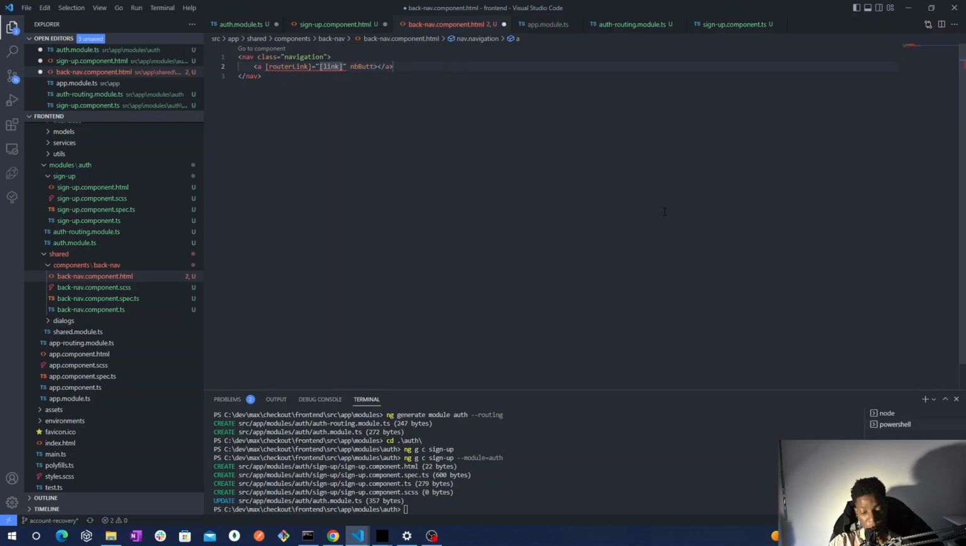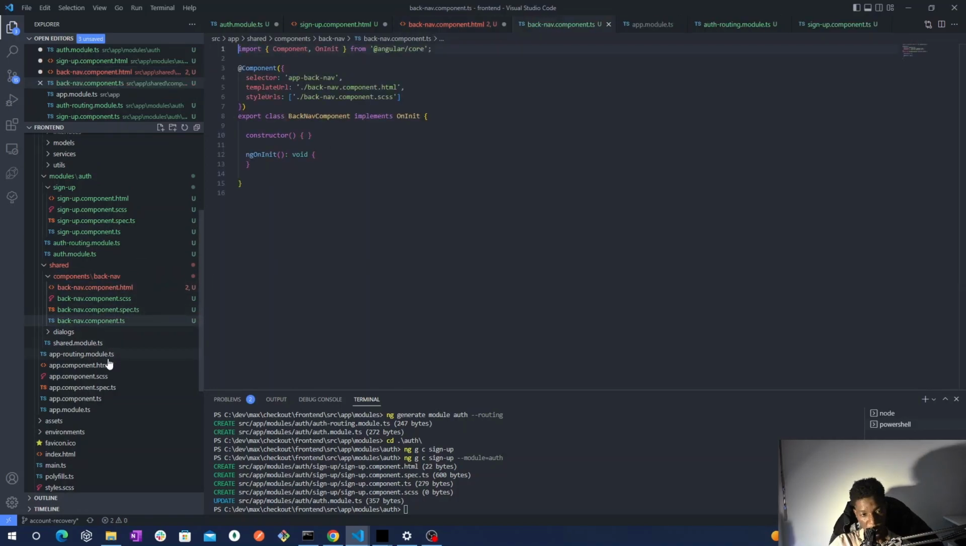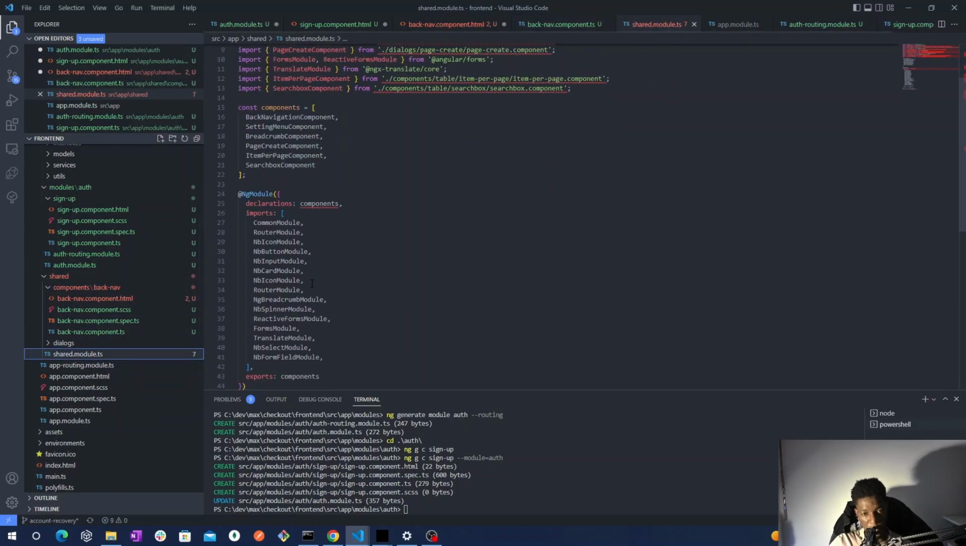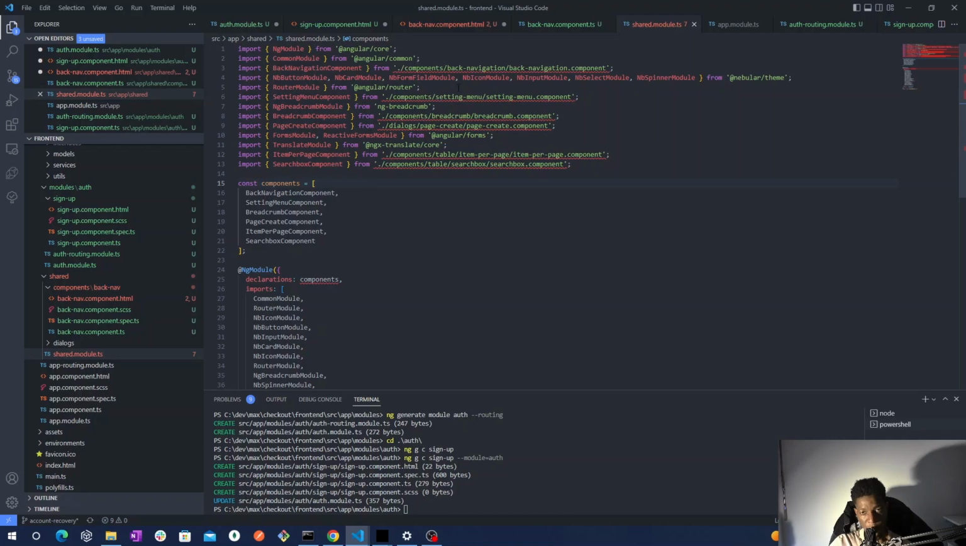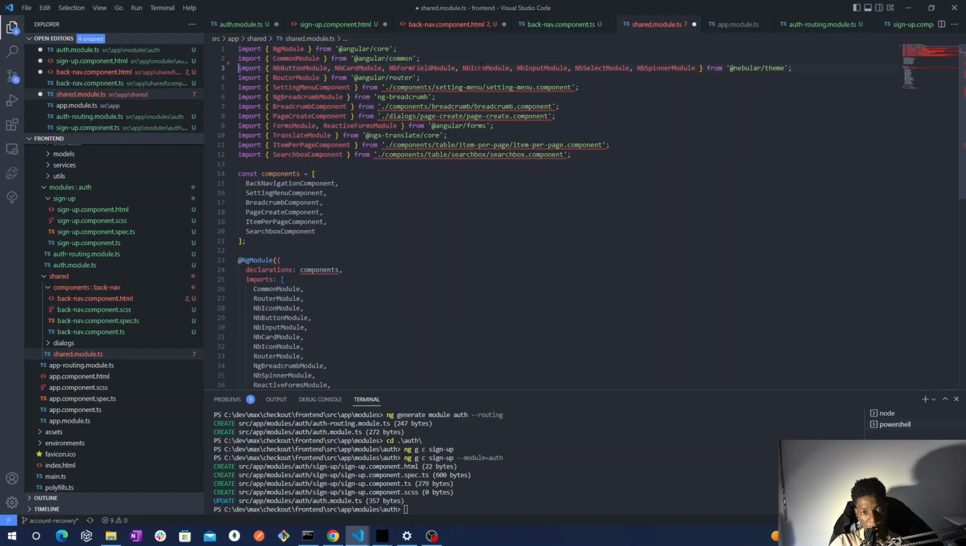The NB button directive means that you want a Nebula button, but we will actually add Nebula button in. We'll import this Nebula button here. So let's actually